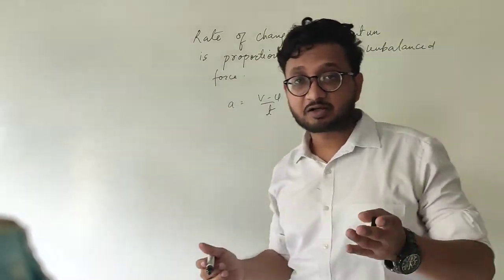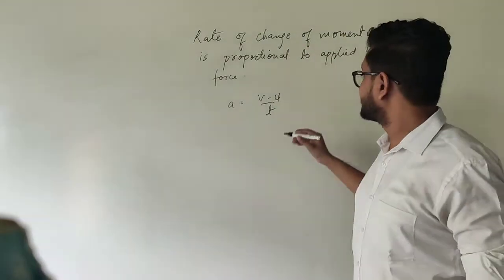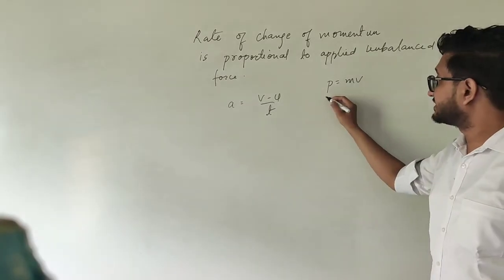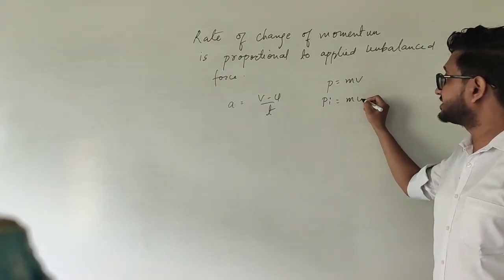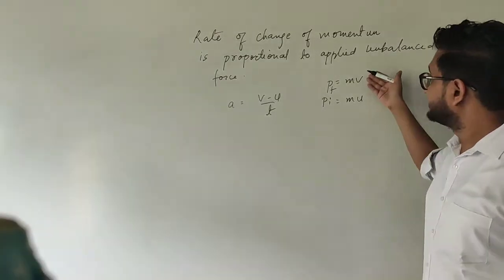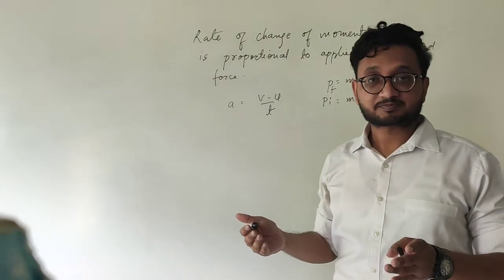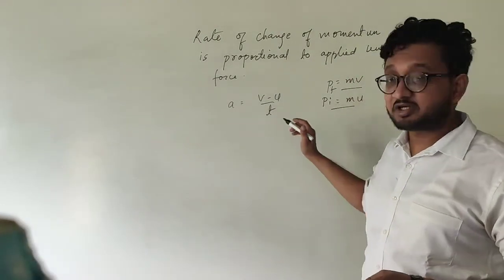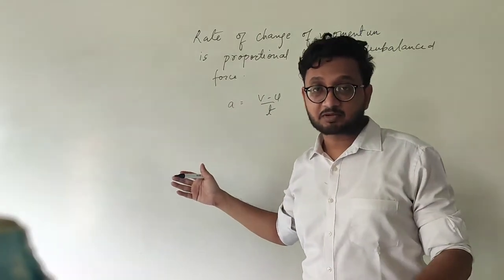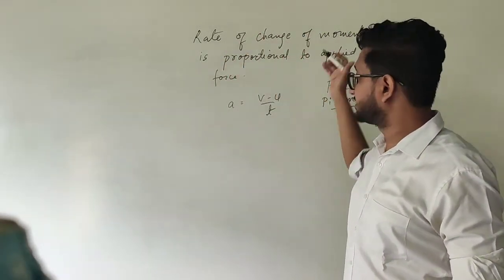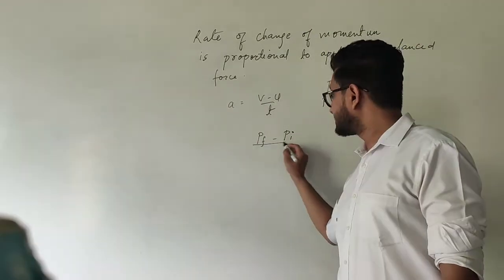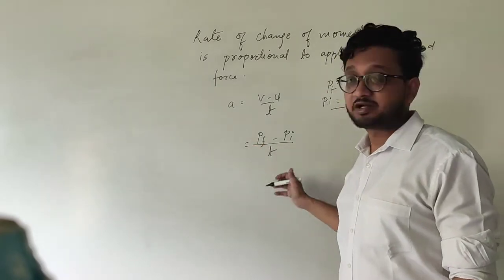Over here we have rate of change of momentum. So what is momentum? Momentum p is mass into velocity. But if it is p initial, then it is m into u, and if it is p final, then it is m into v, where u is initial velocity, v is final velocity. Simple. But forget about this now. We will only talk about momentum. The change of momentum in certain amount of time is called rate of change of momentum. So change in momentum, that is final momentum minus initial momentum, in certain amount of time is called rate of